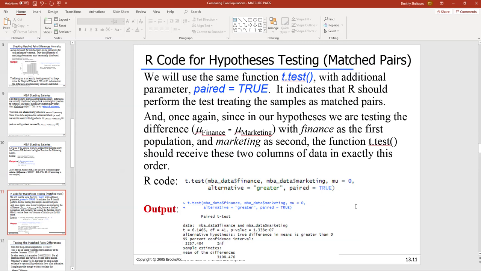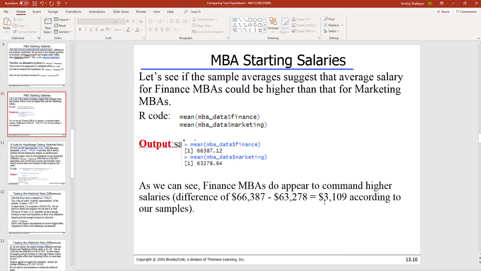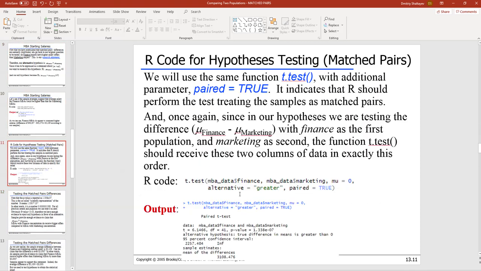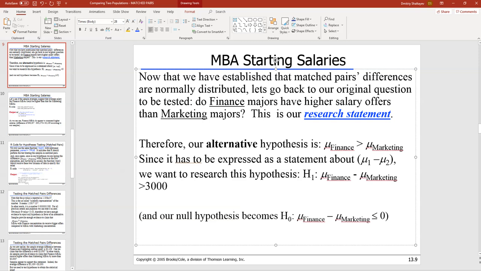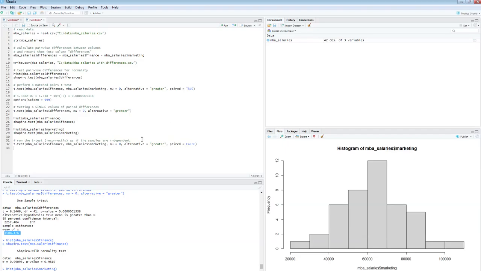So in this case, I don't have it here, really, right? I thought that I recorded that in my slides, but I didn't. So here, what I'm testing is this, really, okay? Is the difference between finance and marketing greater than 3,000? That becomes my research statement. Or is it less than 3,000? That becomes my null, right? So nothing really changed except the fact that the hypothesized difference in my null and alternative, instead of 0, is now 3,000, right? So if I want to see that, all I have to do is go back right here,